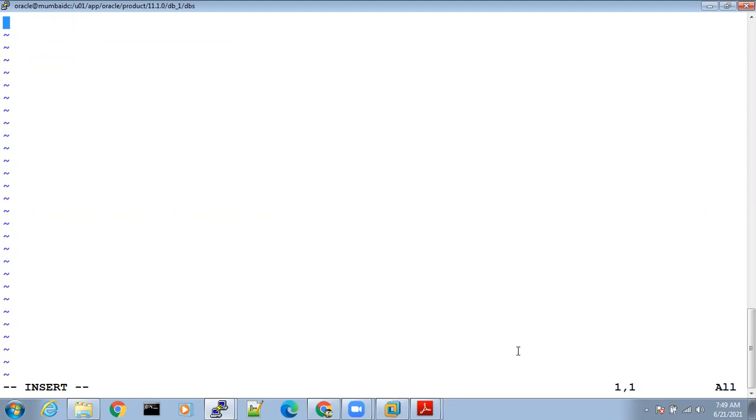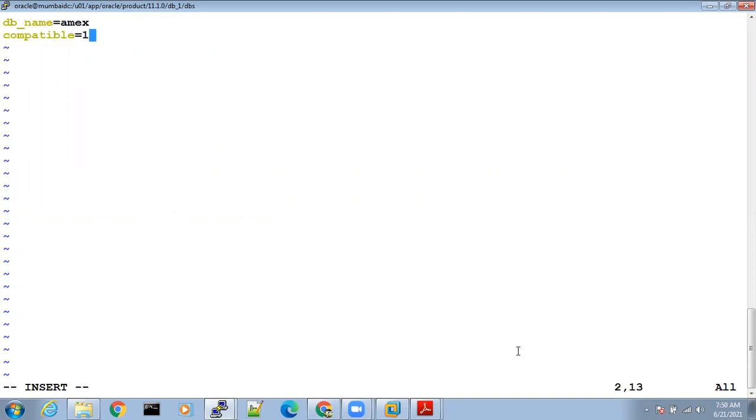What are the parameters that you have to type? Very important, you have to remember these parameters for life. First parameter is db_name equal to mx.